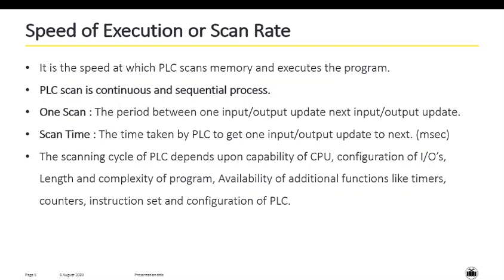If input has arrived, it will execute the program and calculate the output. So it is a continuous and sequential process, from left to right, and again in a zigzag manner. Okay, so one scan is the time period between one input output update to the next input